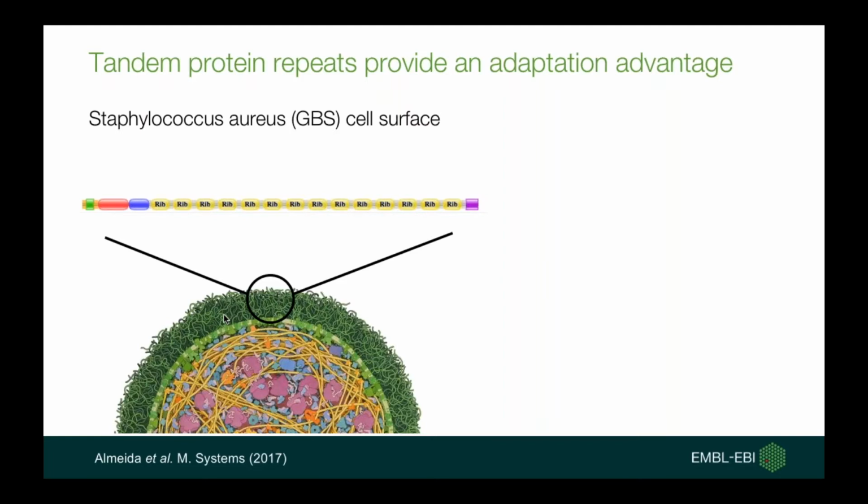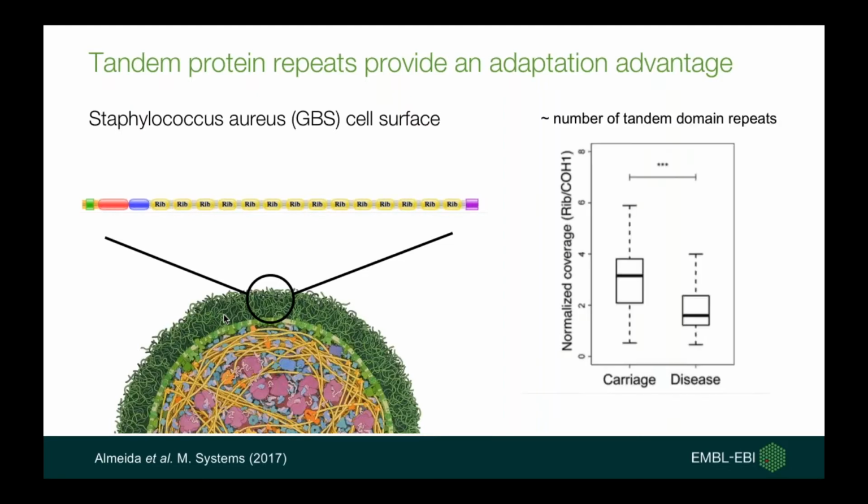DNA recombination and other molecular mechanisms, can very easily change the length of the protein and effectively the number of repeats that these proteins expressed at the surface contain, so that it can easily evade the immune system by changing its appearance. This was seen in one recent study that compared GBS strains which were carriage or diseased,